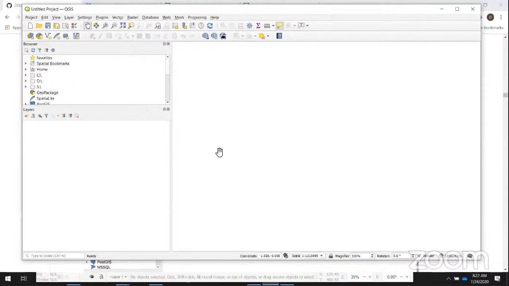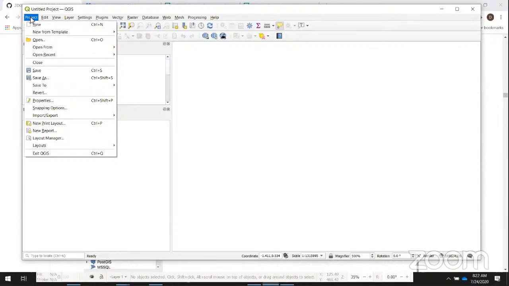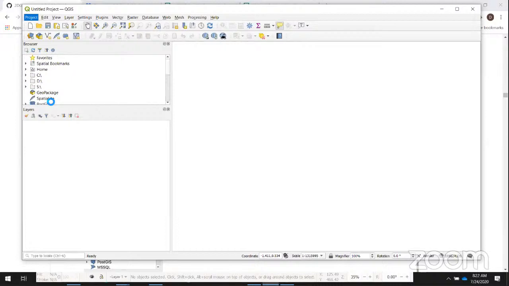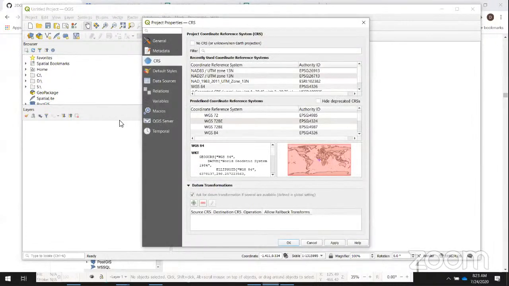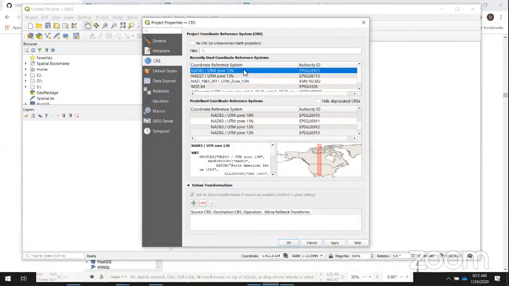So this is QGIS. I've already clicked on new project. You might have seen some other things in this space. But if you go up to the project menu and go to properties, this is where I was talking about making sure that the coordinate reference system menu is highlighted, right over here in the corner. And the coordinate reference system that all of our data is in today is this EPSG